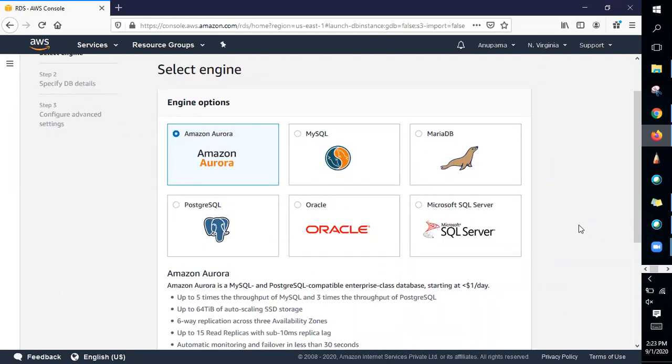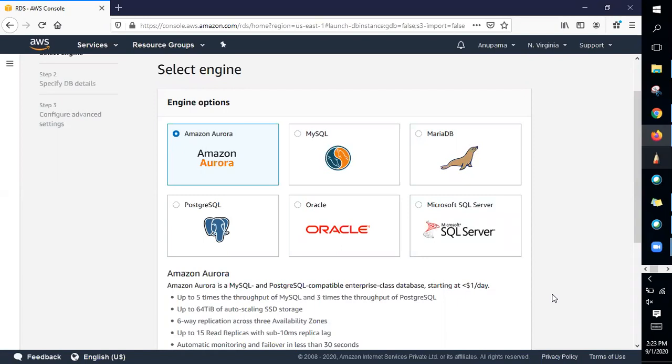MySQL, MariaDB, PostgreSQL, Oracle, Microsoft SQL are supported outside also. So AWS is supporting these engines in RDS because, for example, I will be using MySQL in my on-premises. Now, even if I move to cloud, I want to use MySQL only. You can go for it. RDS is supporting it the same way as other database engines.